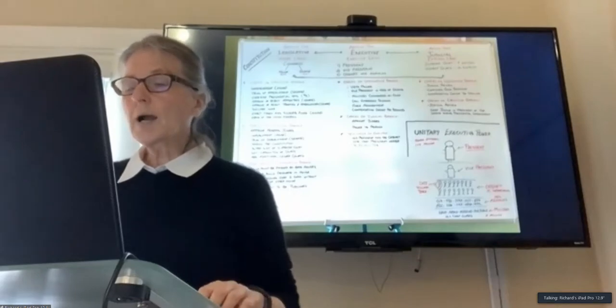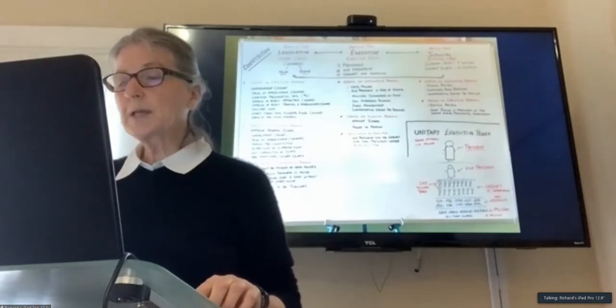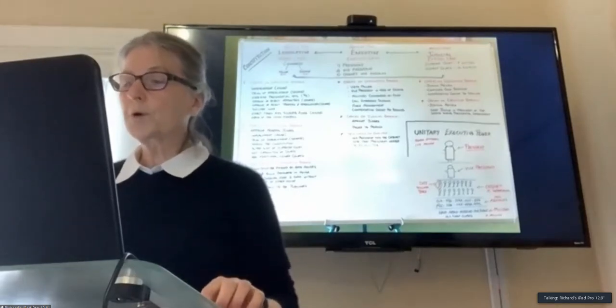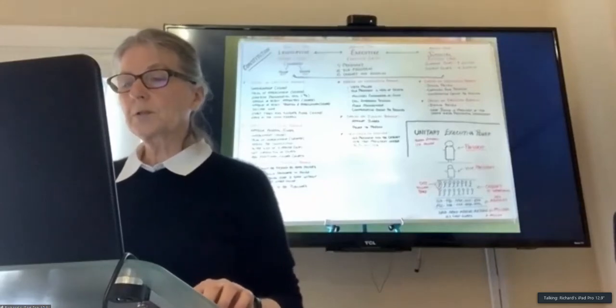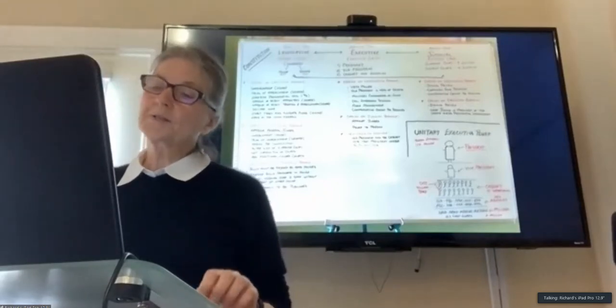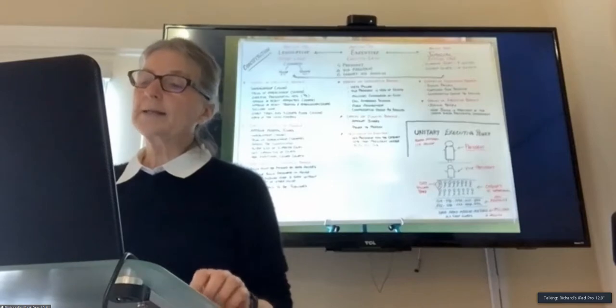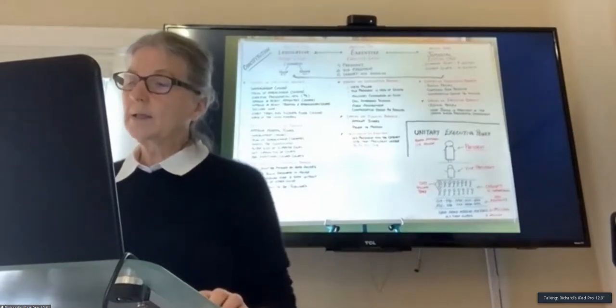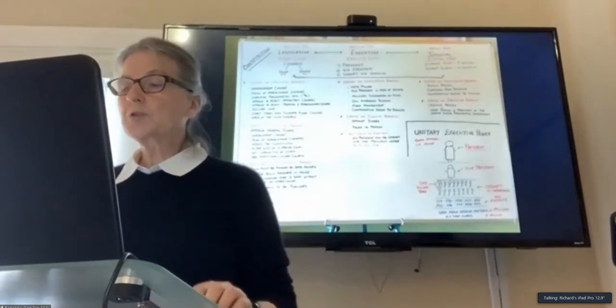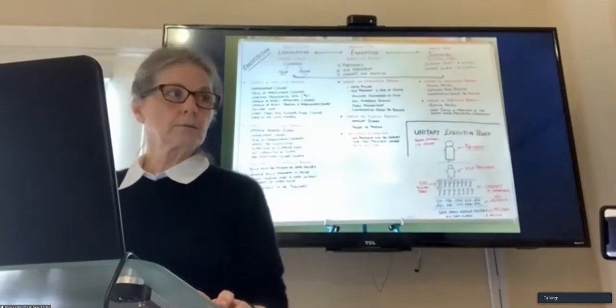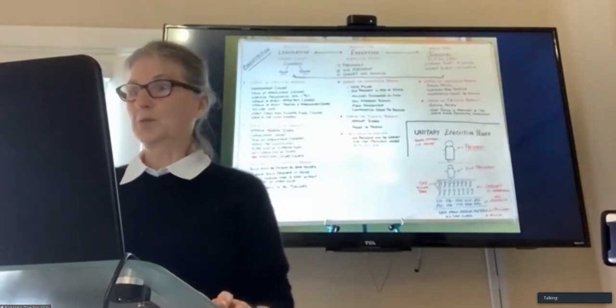Now, there were times that habeas corpus was suspended: during the Civil War and Reconstruction, in parts of South Carolina during the fight against the Ku Klux Klan, and also during the War on Terror with George Bush.